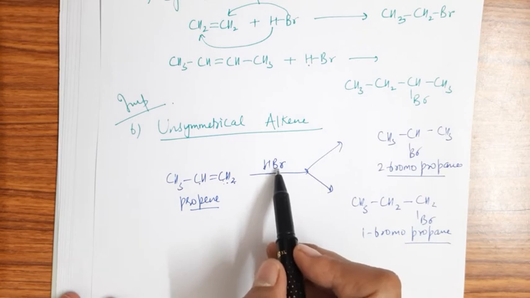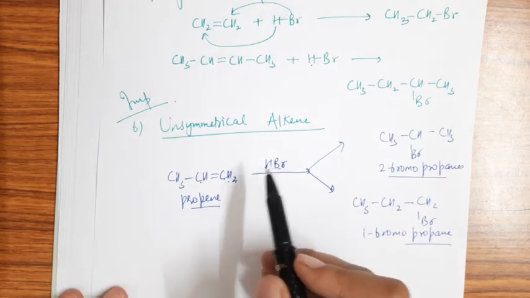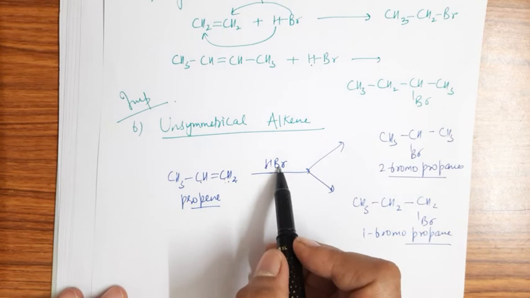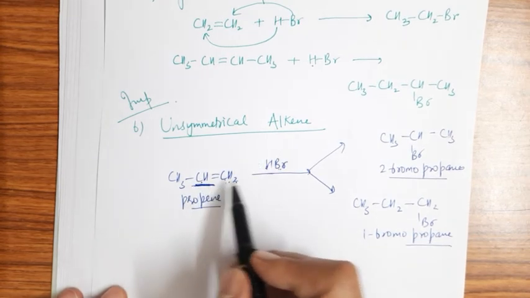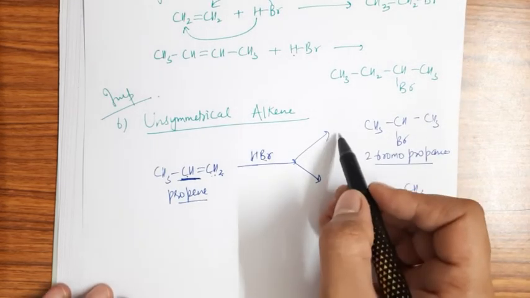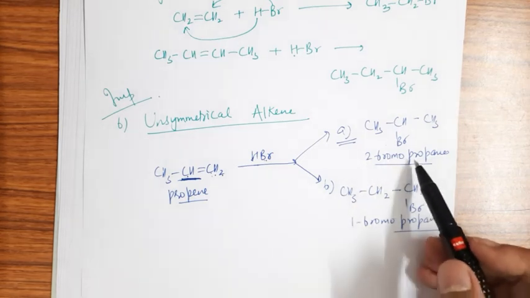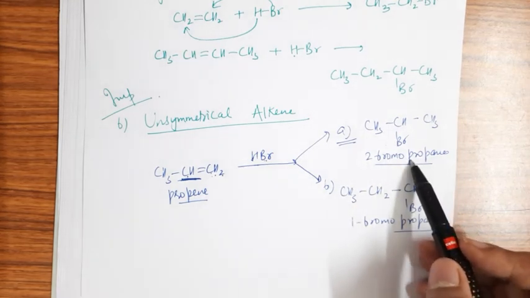So the negative part, that means the bromide ion here, gets attached to that carbon atom which consists of lesser number of hydrogen atoms. So the product A which we have formed here will be treated as the major product as per Markovnikov